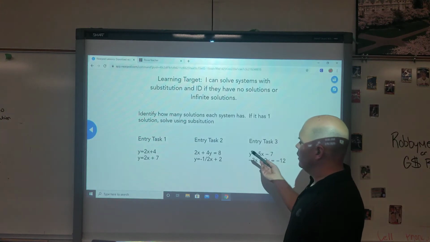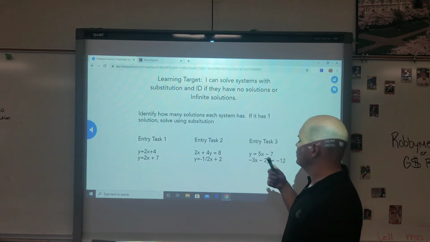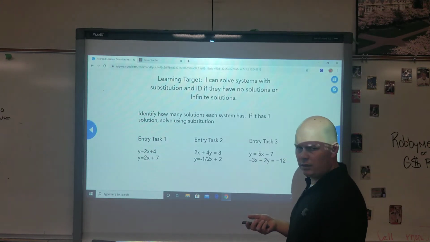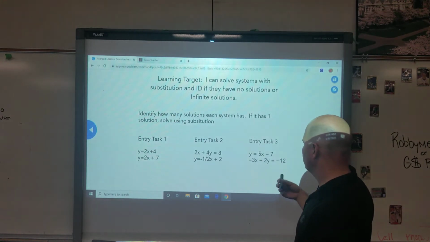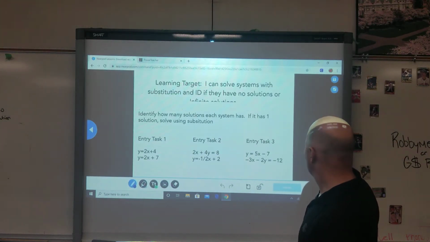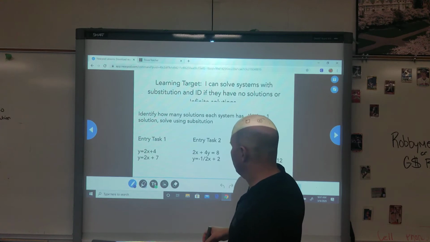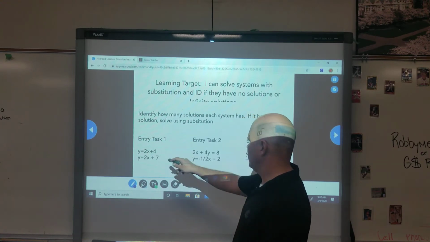So our learning target was: I can solve systems with substitution and identify if they have no solutions or infinite solutions. That's really what we're going to be focusing on all week, and this was the start of our entry task. So let's take a look at our entry task. So we had 2x plus 4